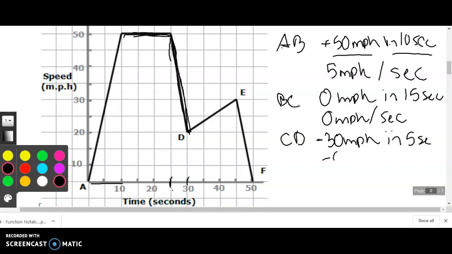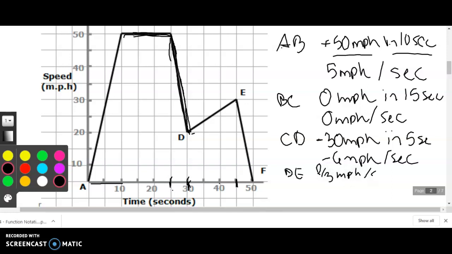That means this is a deceleration of 6 miles per hour per second. All right, from D to E, we're going from 20 to 30, so 10 miles per hour in 15 seconds. 10 miles per hour in 15 seconds is 10 over 15, which is 0.666 repeating, or 2/3 miles